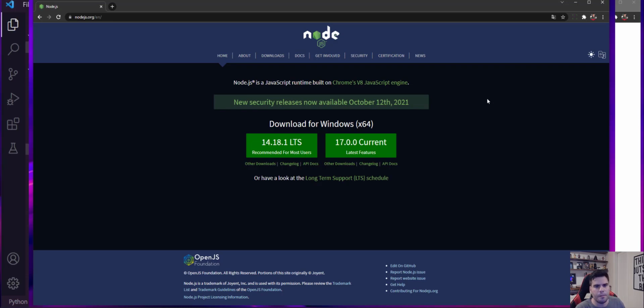Okay, so let's do it. If you don't know, Node.js we can use to develop with JavaScript on the backend. And to install is very simple, even if you are on Windows, Mac, Linux, whatever your operating system. You go to nodejs.org and download the version. And once you install the default version for your operating system, you can go to your terminal,